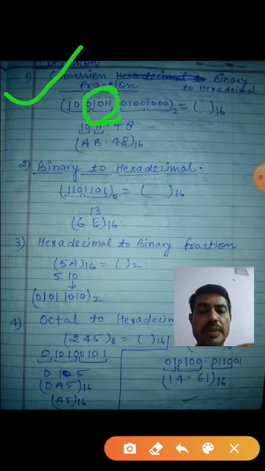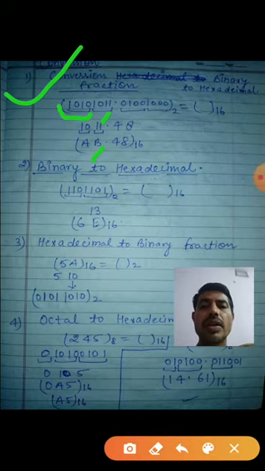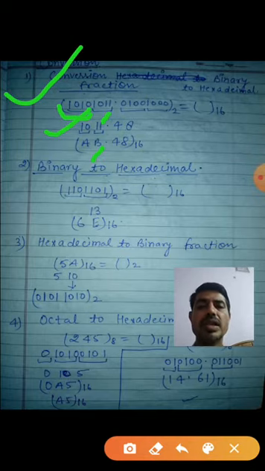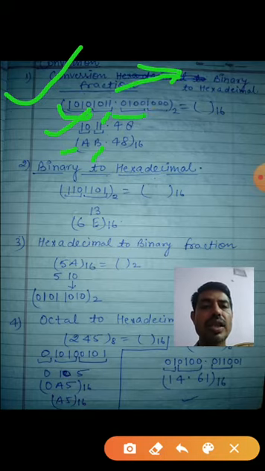These 4 bits: 1, 1, 0, 1. So that will be 11. 11 means what? B. Same thing here. Now take the next 4. What is this one? 0, 1, 0, 1. What is the value of this binary number? 10. Okay. So this is A. Same thing after the point: take 4 from left to right. You see that from this one, left to right. So these 4 you take here.